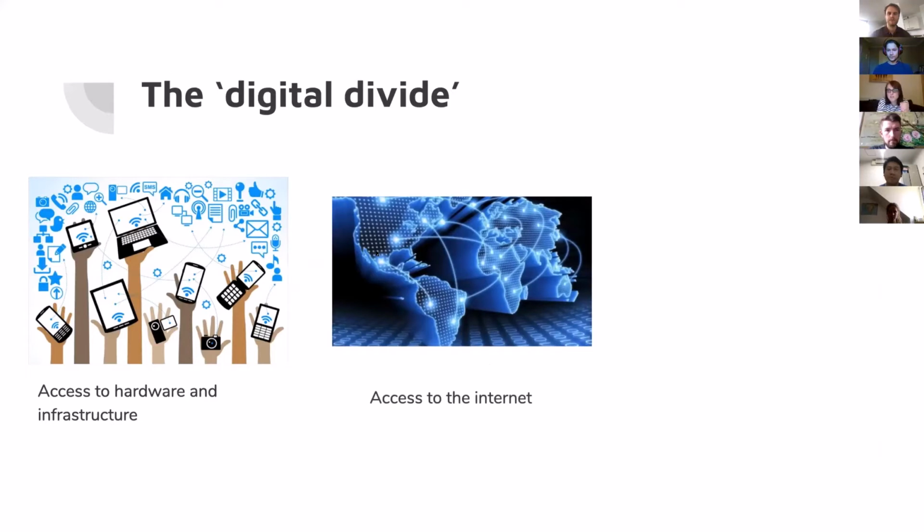The internet's best viewed, I think, is more like a spectrum rather than viewing it as a binary. Yes, I can access, yes, I can't. Because although there's lots of statistics that are lauded around of how much of certain countries, certain parts of the world are able to access the internet, that doesn't always mean that they have very good access. It doesn't mean that they can access it at all times. Although you can say someone can access it based on where they live, it might be they can only afford to have so much of that, or that the quality of it is so bad that they're only able to access certain parts of the internet. So we shouldn't just be thinking of this have and have not. It should be sort of all viewed as a spectrum.